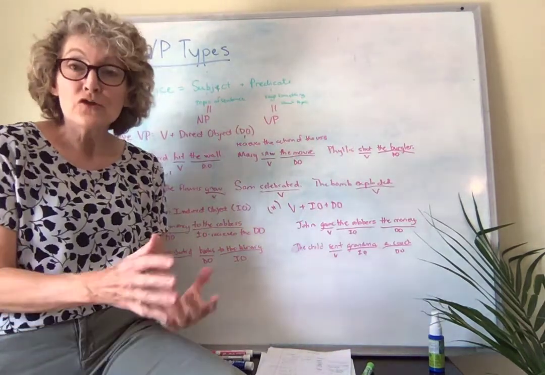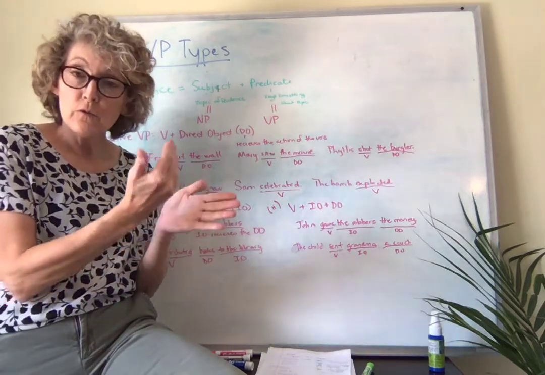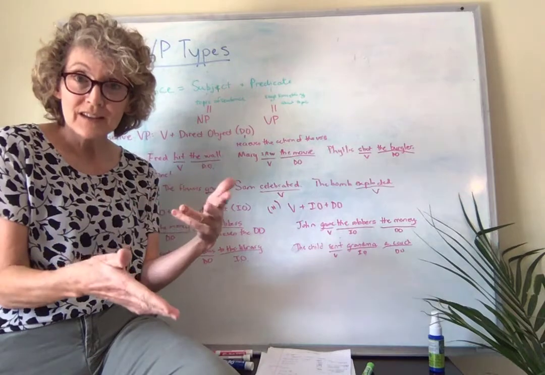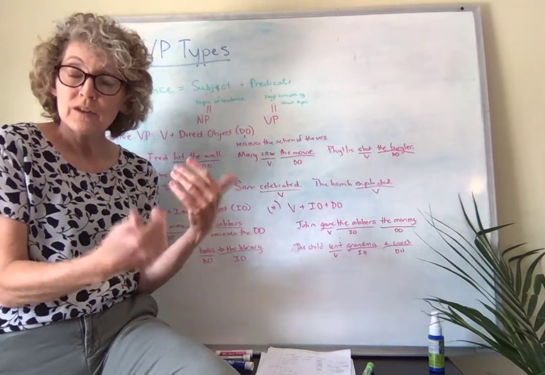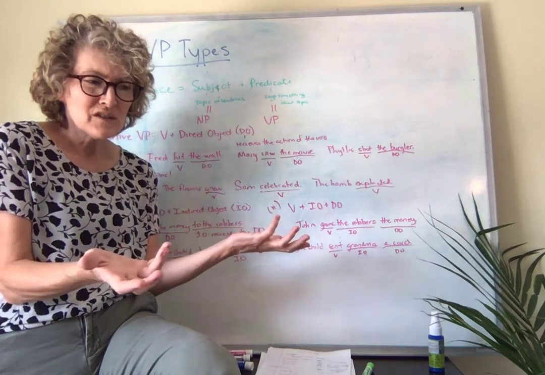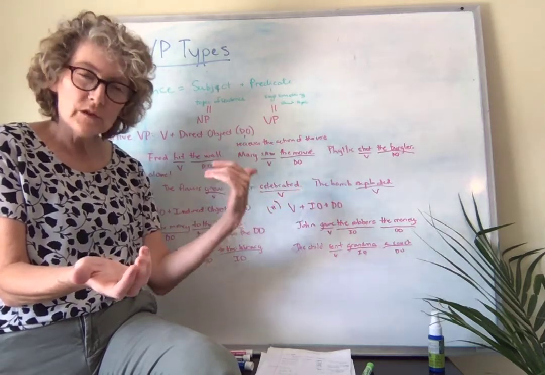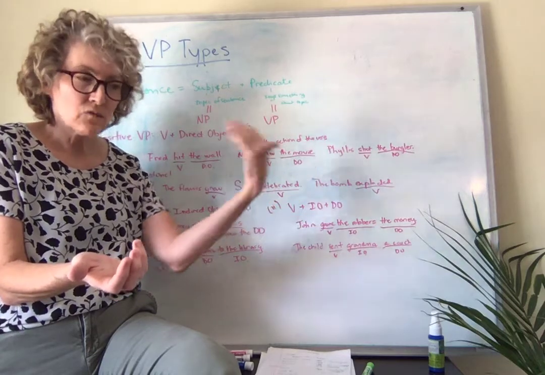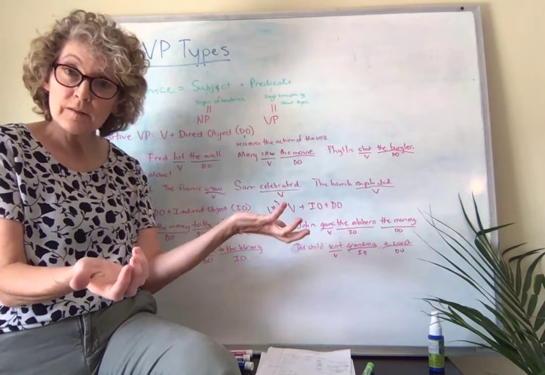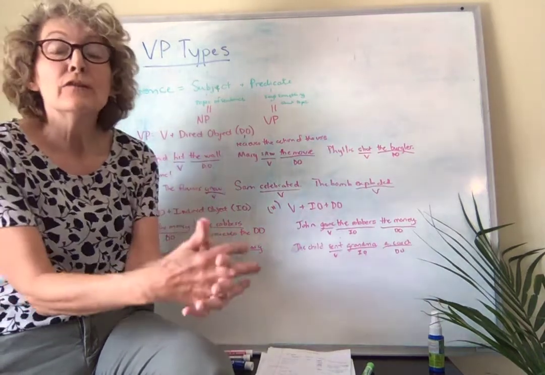Intransitive verb phrase. Intransitives are examples like the phone rang. When you think about what this sentence is about, what's the topic of the sentence? It's about the phone. So the phone is the subject of the sentence. And then the rest of that sentence, rang, is telling us what the phone did. So rang is describing the subject of the sentence, telling us the action that occurred. So we would say that the sentence, the phone rang, is a good type of intransitive.